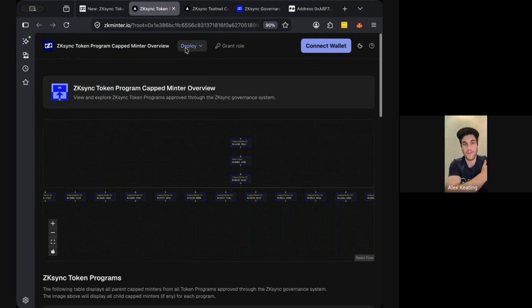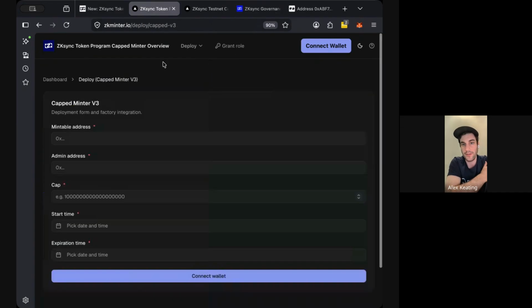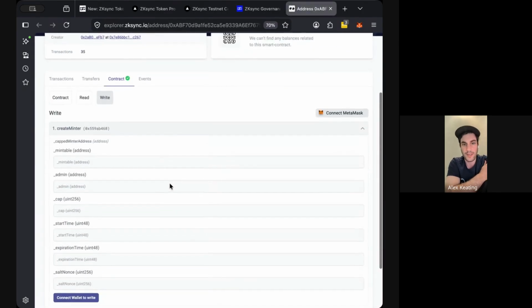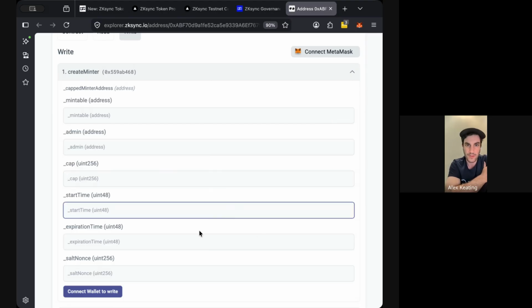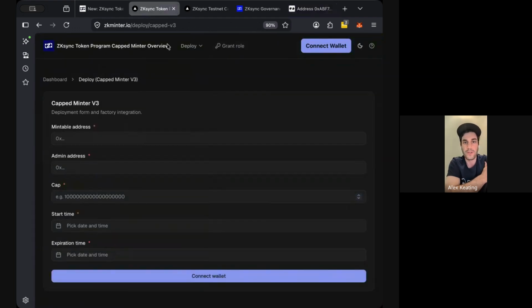So that covers the dashboard. Another piece is we have these different deployment forms that allow you to deploy CAP mentors and their mods using human readable input. If you're using the block explorer, you have to worry about having a Unix timestamp and having your cap numbers with the correct amount of decimals, 18 decimals for the ZK token. There are a lot of foot guns to make a mistake. So the forms try to tell you if inputs are incorrect,